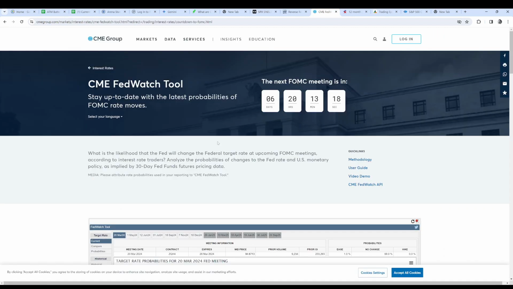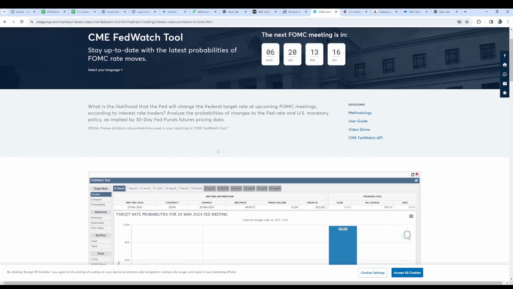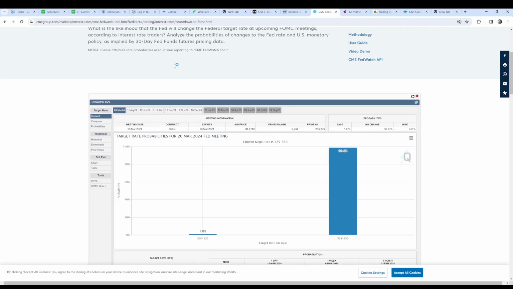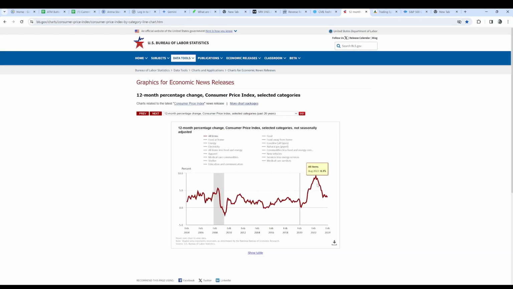So interest rates. Well, over here at the Fed Watch tool, which is a great tool, by the way, if you ever want to, at cmegroup.com, you just go to the interest rates Fed Watch tool. This is fantastic. So you can see here, basically, we're not dropping interest rates in March. No one expects it to. So basically what we're looking for is what are they saying for the rest of the year? And with inflation rates holding steady, we can see that here on the 12-month right here.